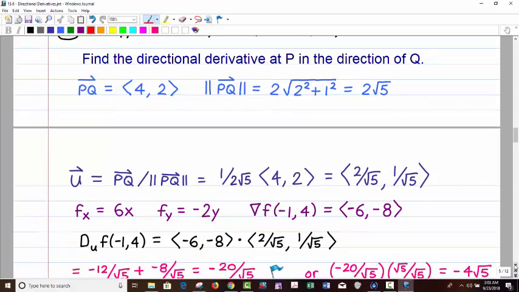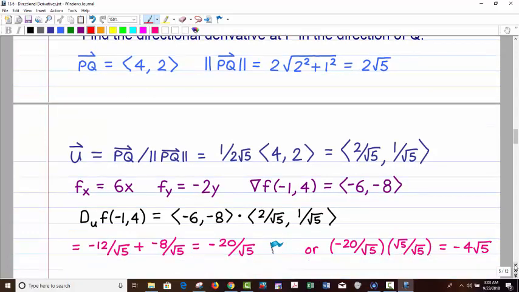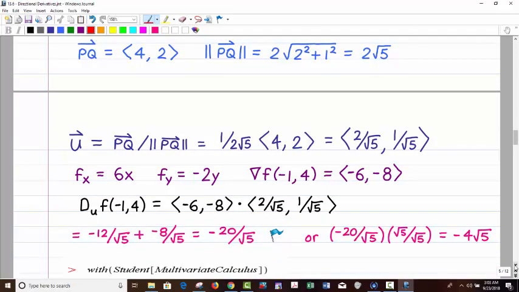You remember, these directional derivatives are always scalar answers. They're numerical answers, not vector answers. Obviously, anytime you do a dot product, you always have a scalar. So negative 6, negative 8, dot 2 over root 5, 1 over root 5. I did the little arithmetic down here, and I got negative 20 over square root of 5,